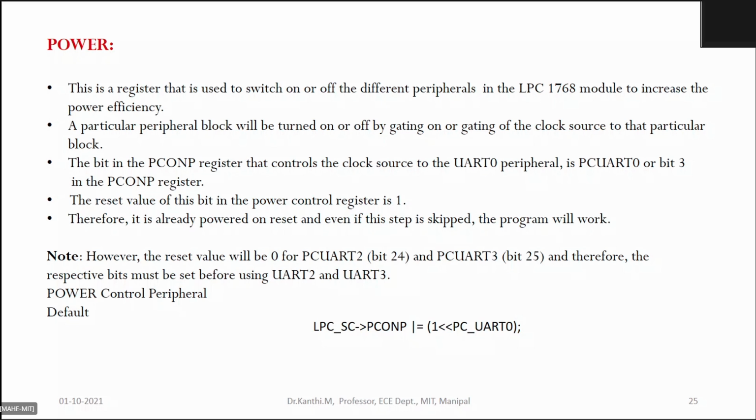Ma'am, in questions, the PC clock's value will be given, but in practical usage, is it the crystal clock on the microcontroller, or is this the peripheral bus clock? See, when I use serial communication, suppose I'm using a simulator, in the window that I have shown, I'll select it.